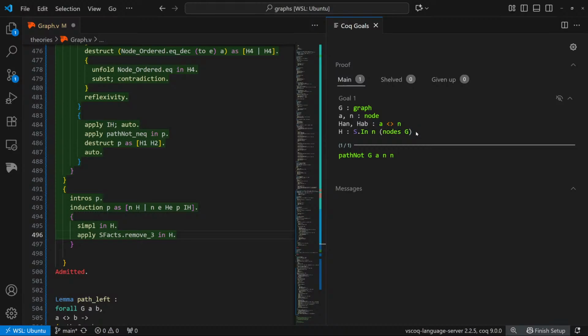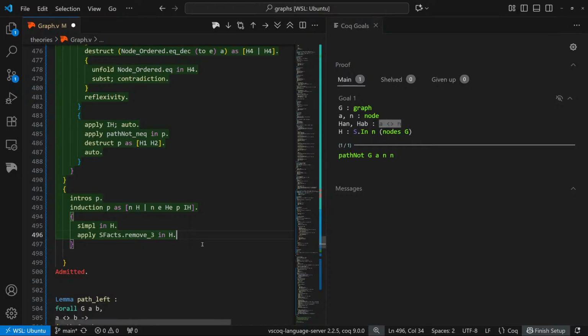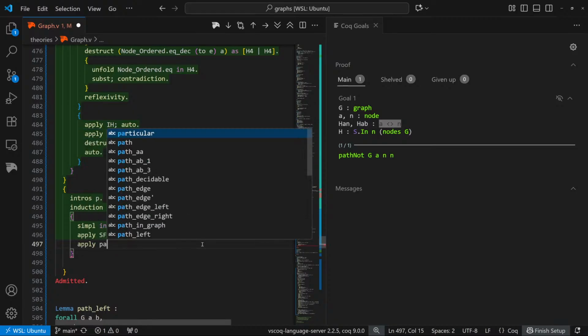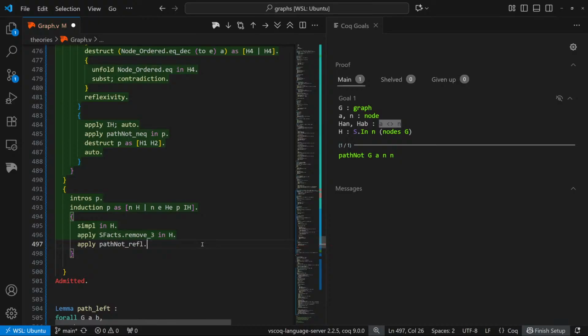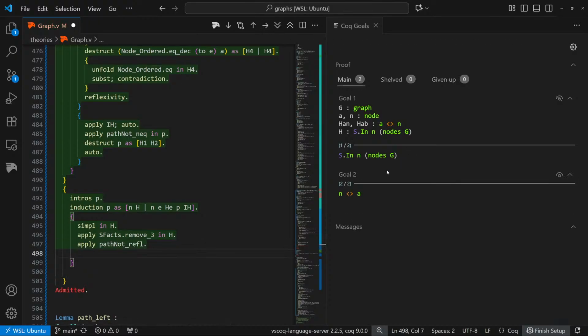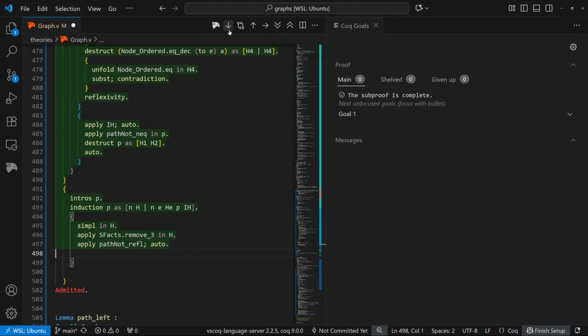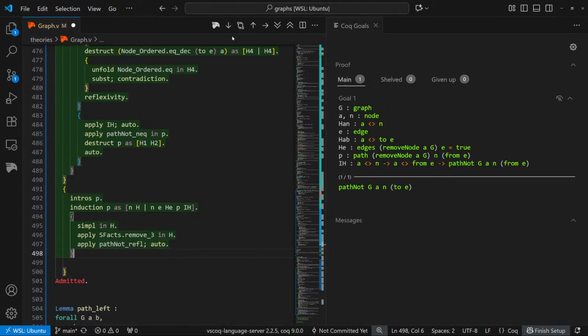We know that it's in the nodes of G, and we know that it's not A. So we can do apply path not refl. And this pops out these two goals, which are stuff that we have in the context. So this is just auto. Yep. And then for the